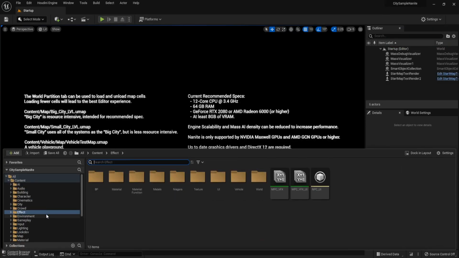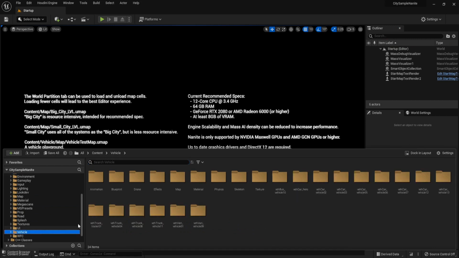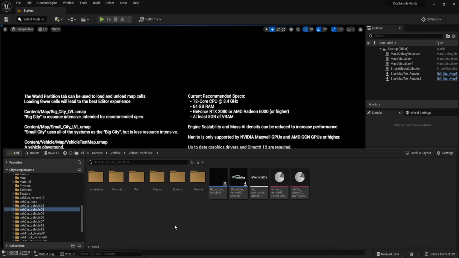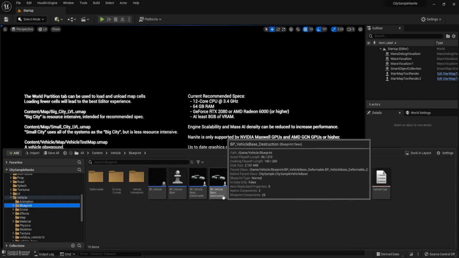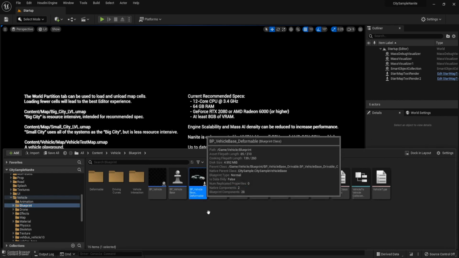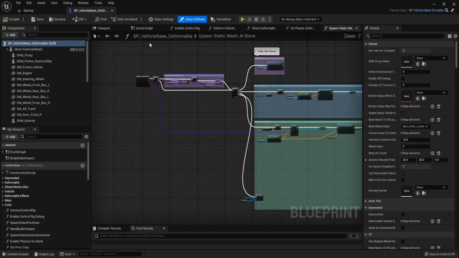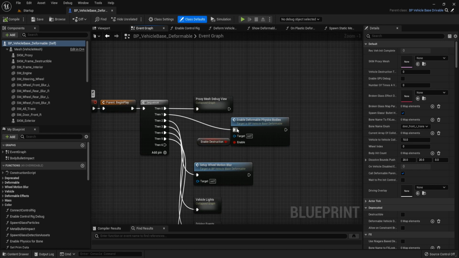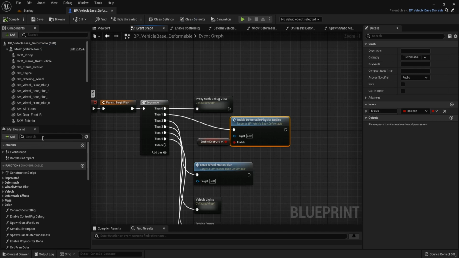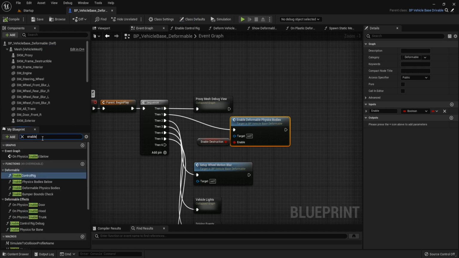Inside the city sample project, we call vehicle 3, and inside this vehicle blueprint, deformable. Inside event graph, we enable deformable physics body. Search for this function, enable deformable physics body, copy,